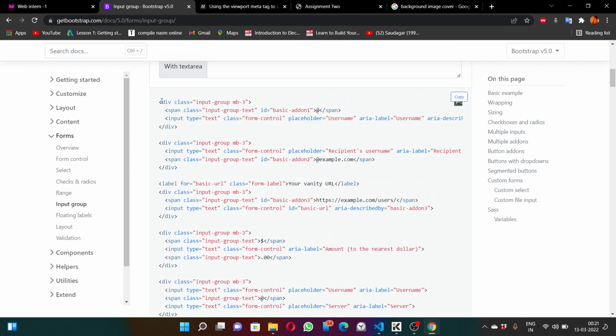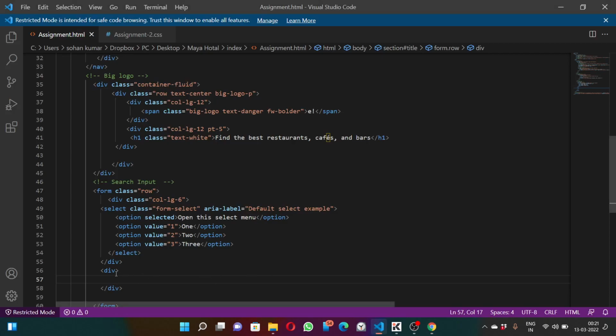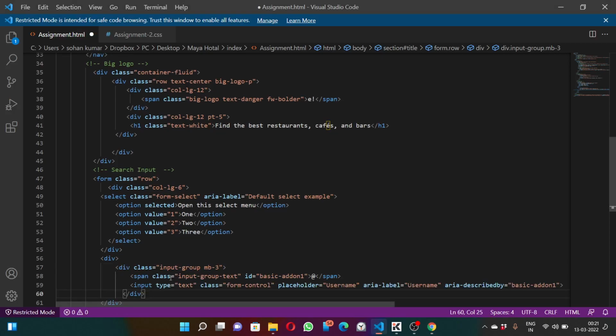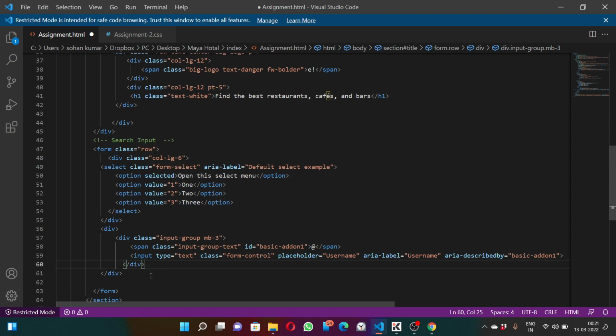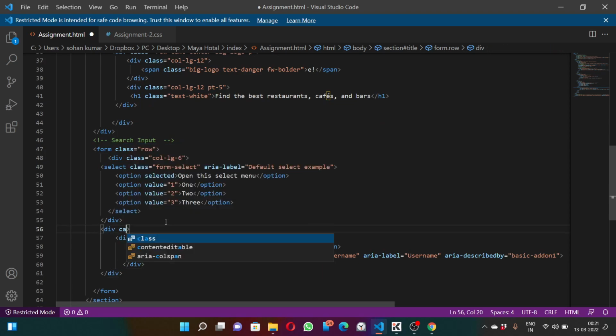I'm just going to copy this first and go to the HTML file. Inside this, just paste it, input group,